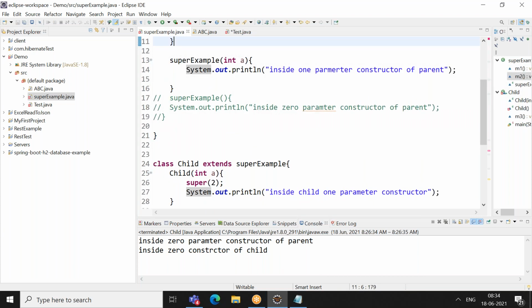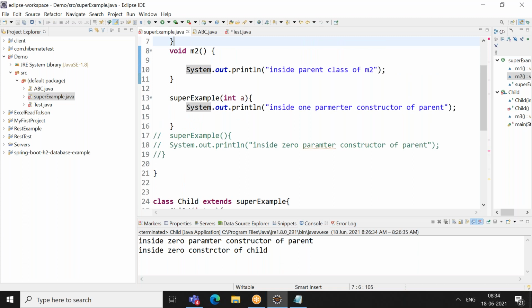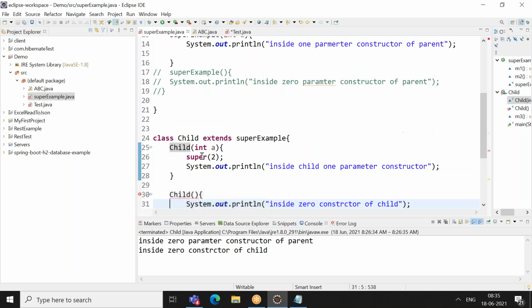I'm trying to interlink the concepts, and it's not like I want to confuse you. I just want to make the concepts clear. Okay, so what is the other way around? Yes, you can create one zero parameter constructor there, in the super class constructor. Yes, so I can uncomment this. Yes, exactly, so it will work. And what is the other way? There is another way also to overcome this error.